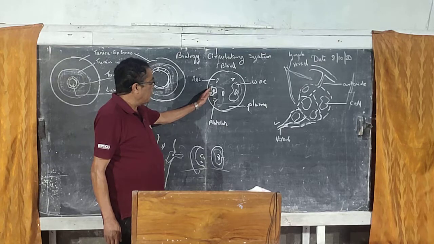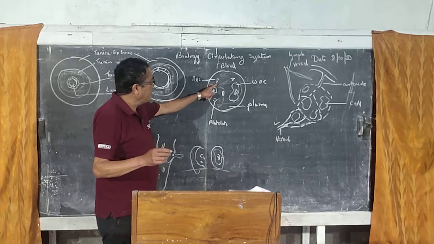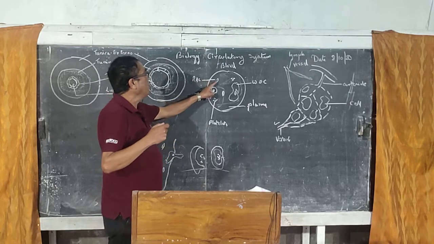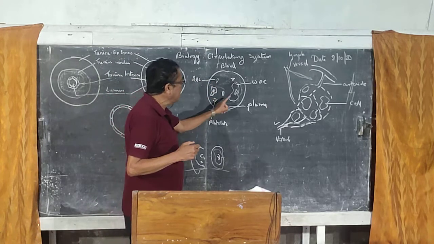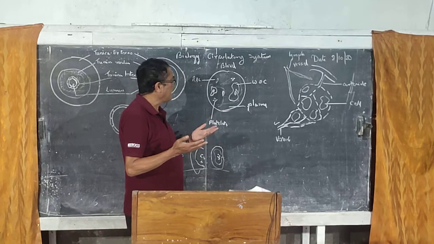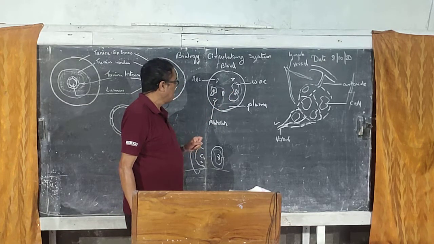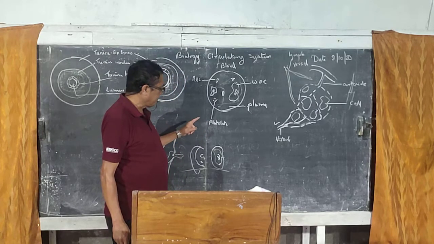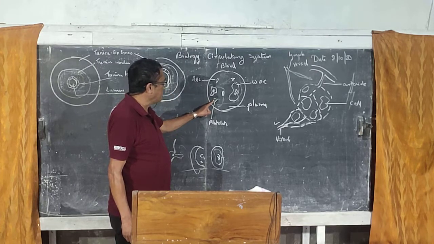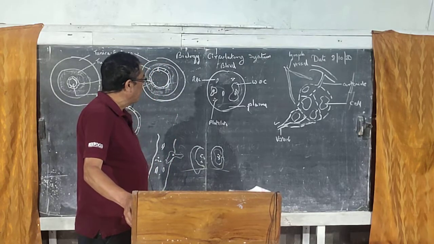Now, the three types of blood cells are red blood cells, erythrocytes. Now, how to identify? They are biconcave in shape, without a nucleus. White blood cells are shapeless. They can change their shape according to their own will, and they have a nucleus. Blood platelets are fragments of cells in the blood which help in the clotting of the blood.